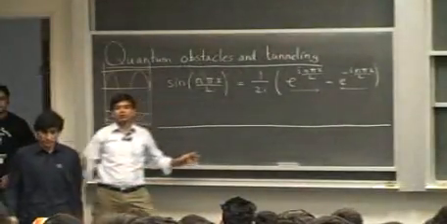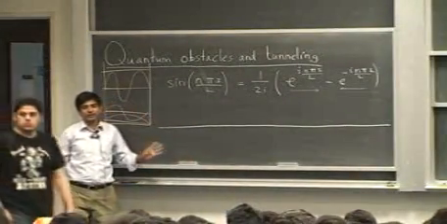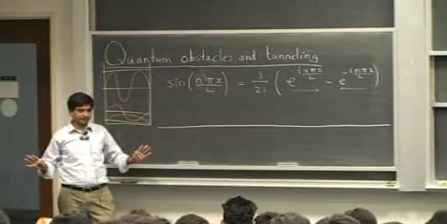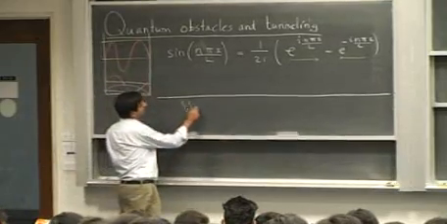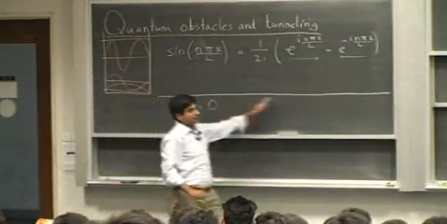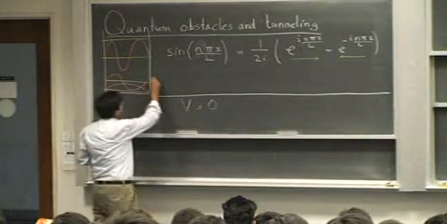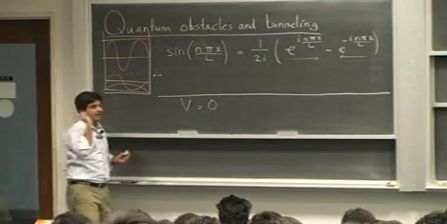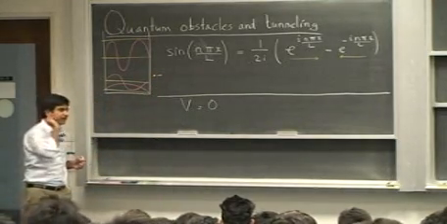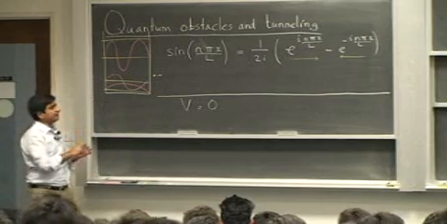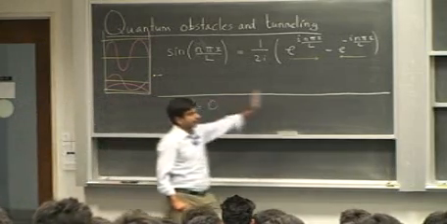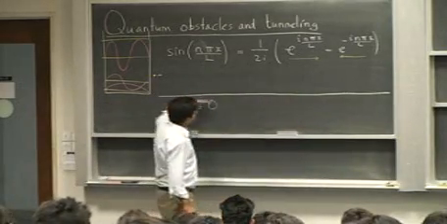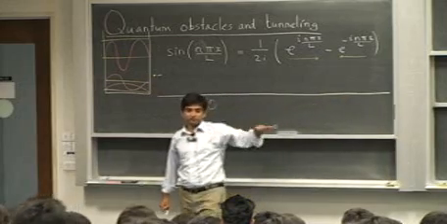in which the particle is not confined. The particle is free to move anywhere it likes. It's like a free bird. There is no obstacle that the particle sees. And the potential energy is zero everywhere. And the particle is injected from the left. So you throw in a particle, a photon, electron, neutron, proton from the left, and you give it a certain momentum, and it starts propagating from left to right. And inside this region, there is no barrier, there is no step. The potential energy remains constant everywhere, and it's in fact zero.